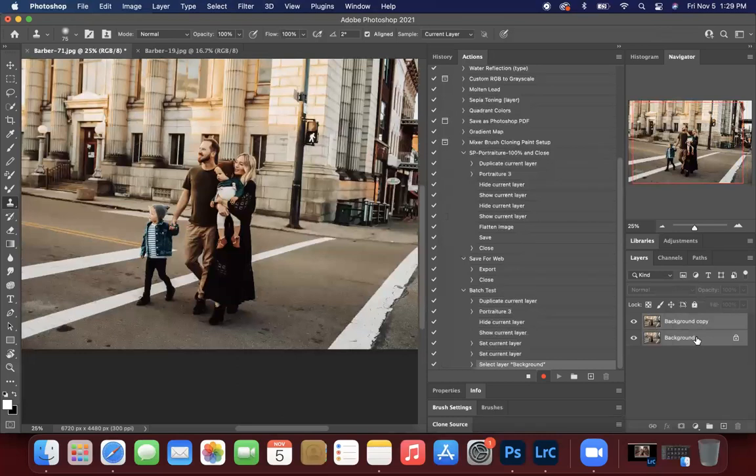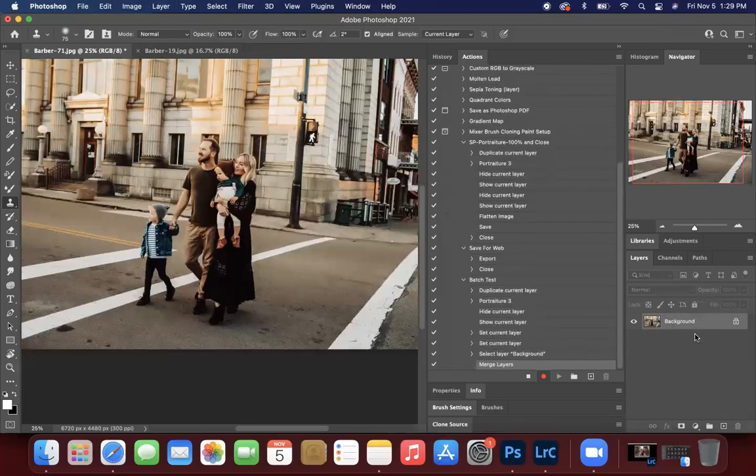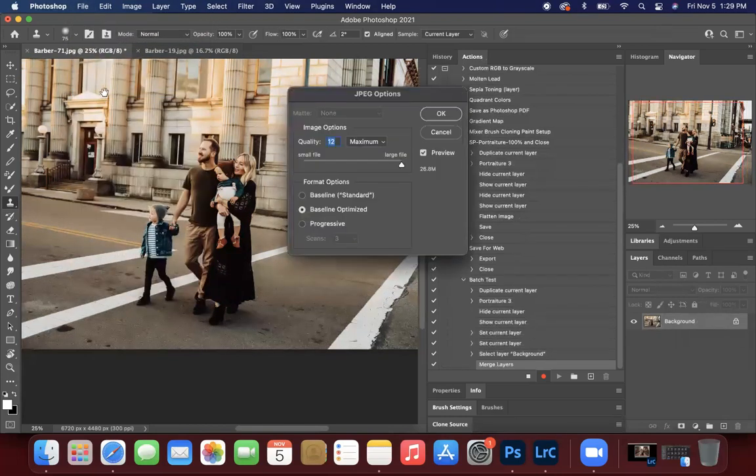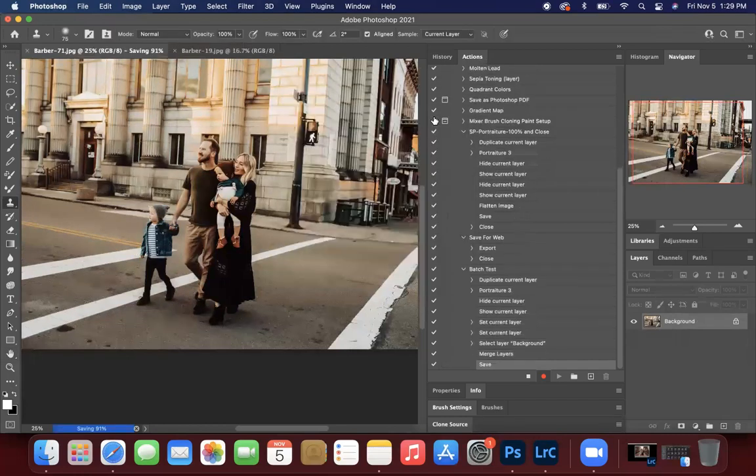The next step is going to be to flatten. So I do Command E, it flattens the layers, and then you're going to go into File Save. You are not going to do Save As, you're just going to do File Save because it's just going to put the image right back where you're pulling the images from. So File Save. And then now this is where it becomes important to have 2 images open, because the thing I'm going to do is I'm going to close,